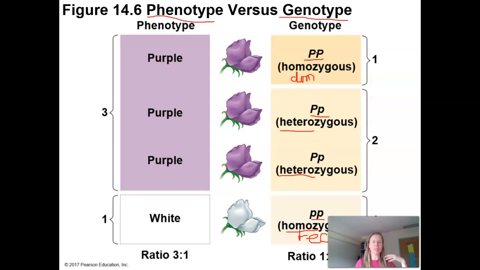In the phenotype, and again, genotype is the actual combination of alleles, phenotype is the physical trait, right? In this case, the color of the flower, this is where we see that 3-to-1 ratio. It's actually in the phenotype. Keep these two in mind, right? We're going to work through some genetics problems, some Punnett squares, and you'll find a lot of them are asking you to tell you what the genotypic ratio is or the phenotypic ratio is. And so make sure you know which is which, so you get those questions correct.